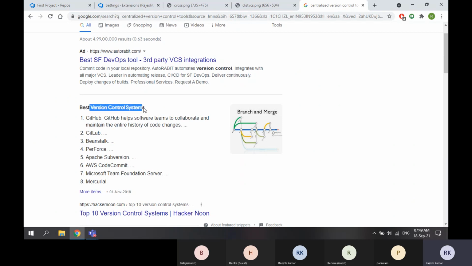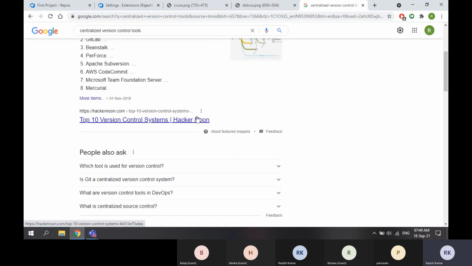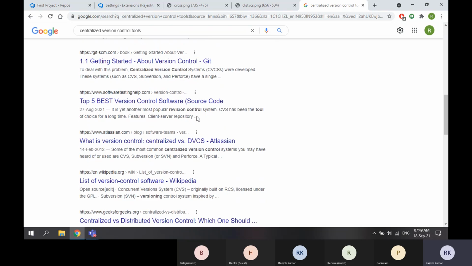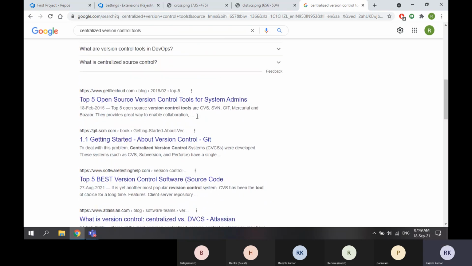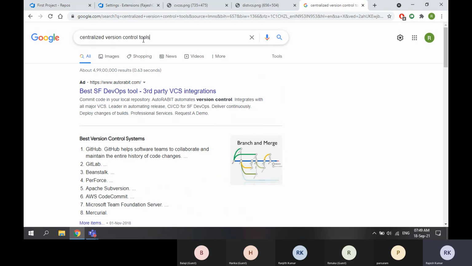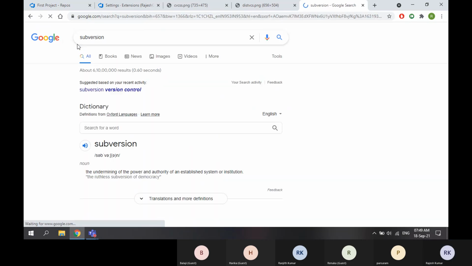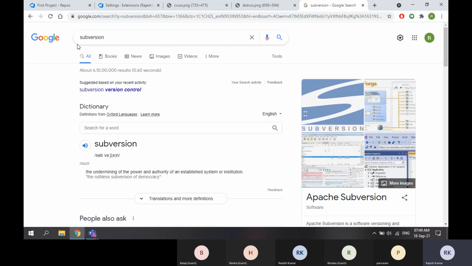These are some of the best version control systems. If I go for centralized version control systems, the top one which was famous until today in the market was Subversion.